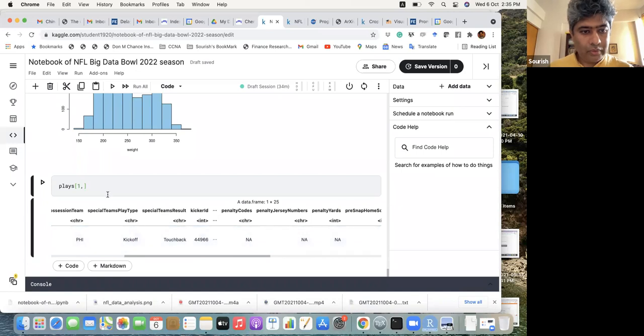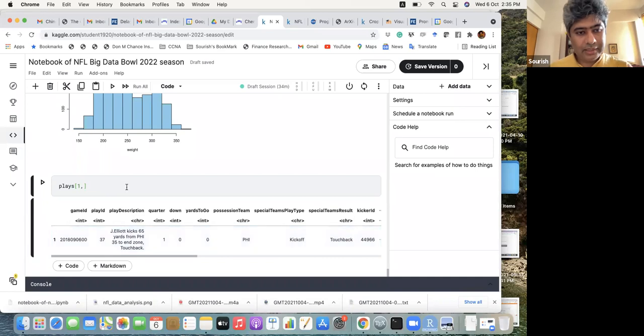Now what we can do, I'm from the plays data set, I'm just taking the first row, and in that first row,